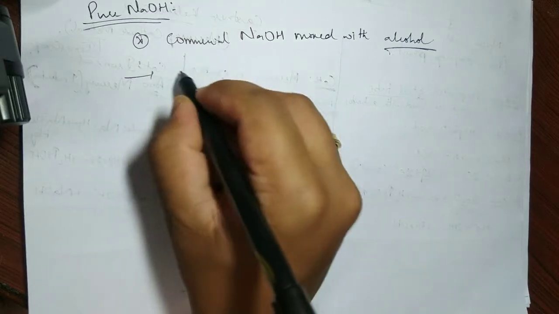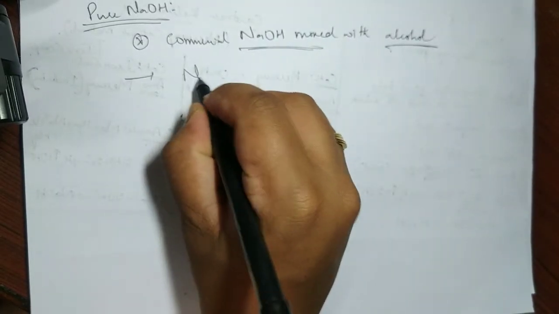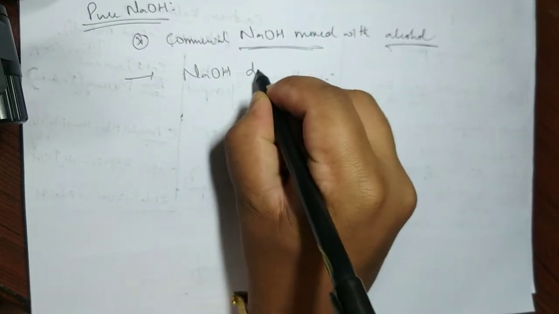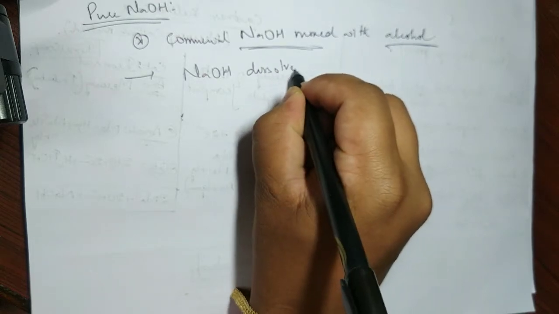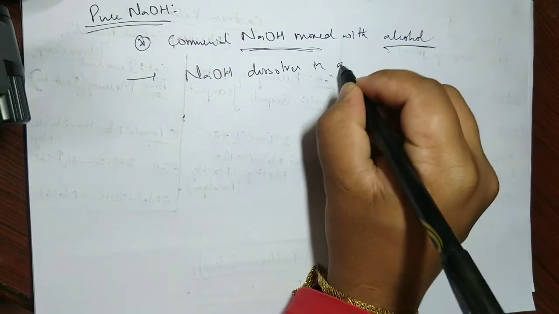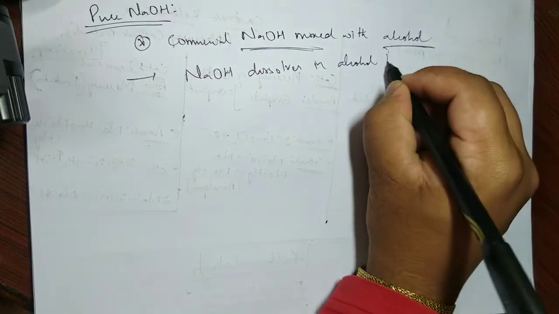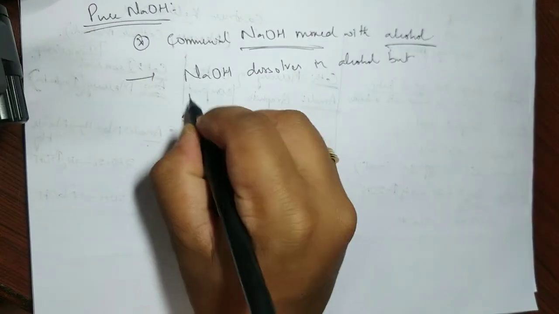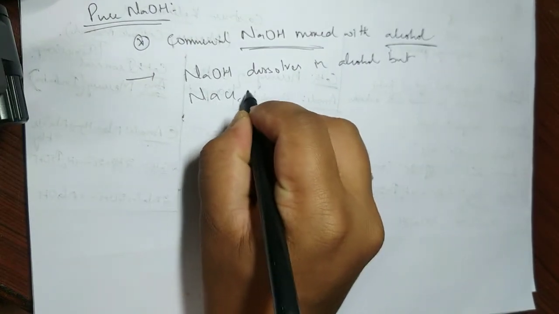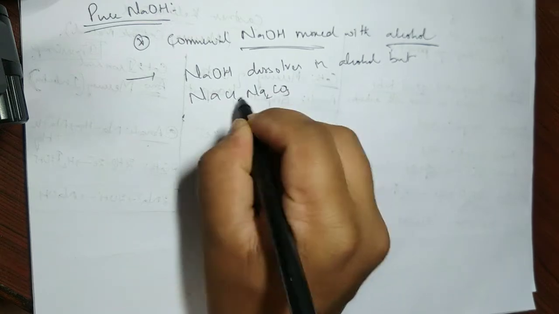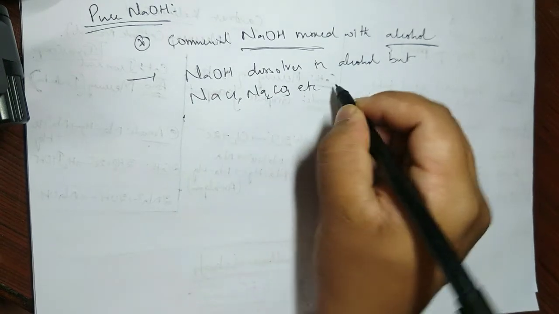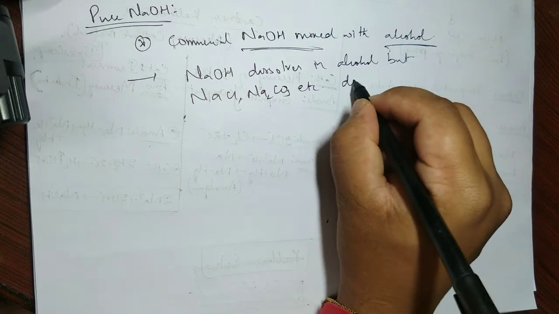So I'll write the point here: NaOH dissolves in alcohol, but the impurities, basically NaCl, Na2CO3 and so on, don't dissolve